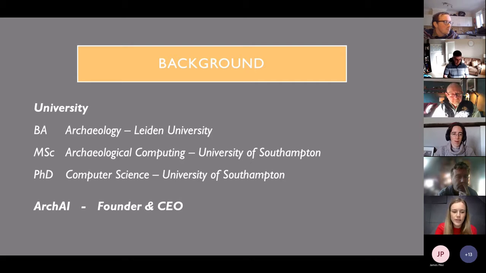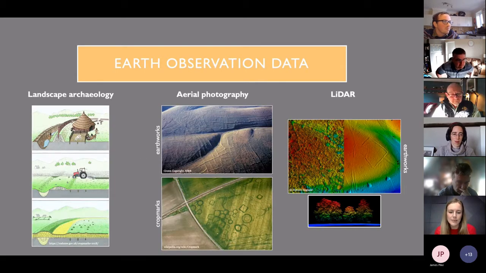So what I did during that master's was look at the data sources that we have available to us, what are the manual limitations to interpreting these, and what are really the values we can get out of doing an automation study on it. So yeah, these sources have been really well discussed already in this talk, so that's really amazing. I don't have to focus too much on these data sources that we could be using to automatically detect archaeology.